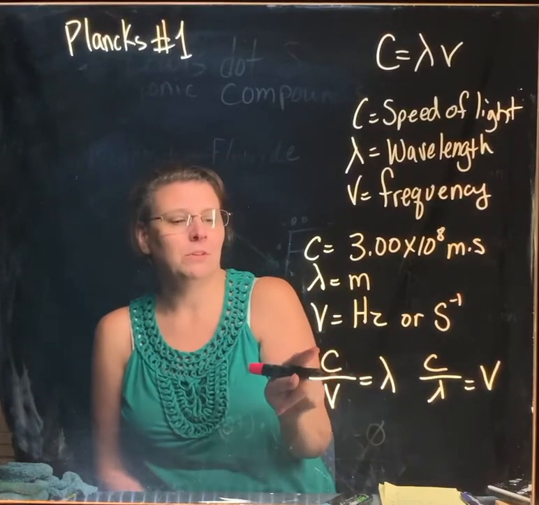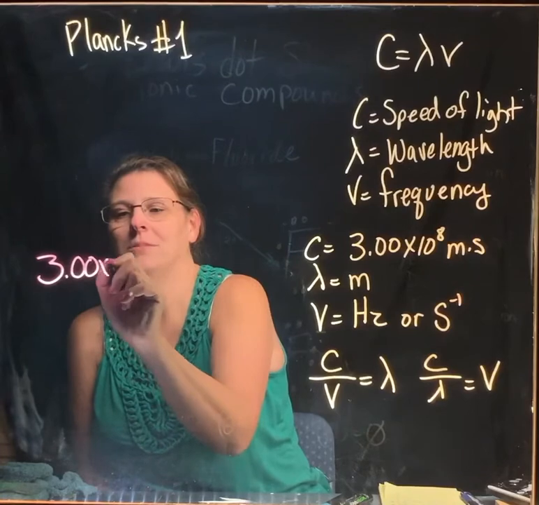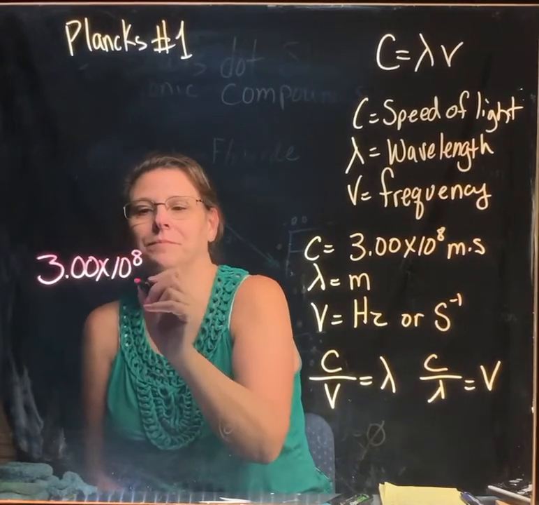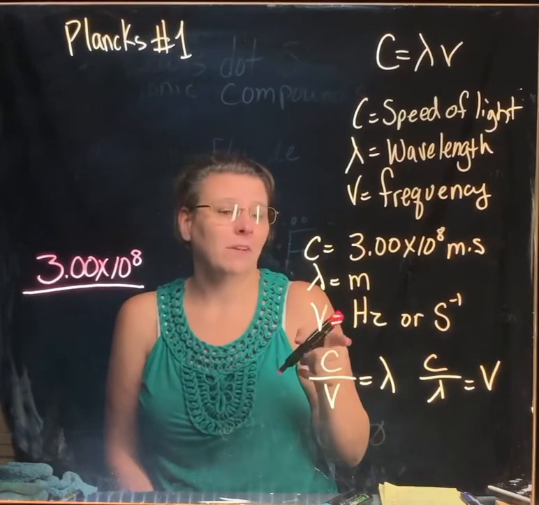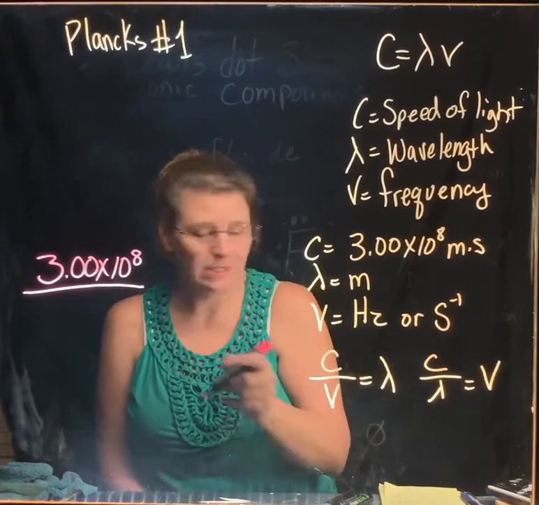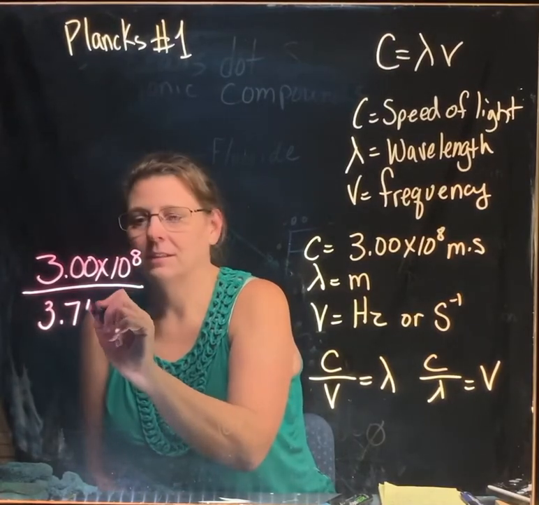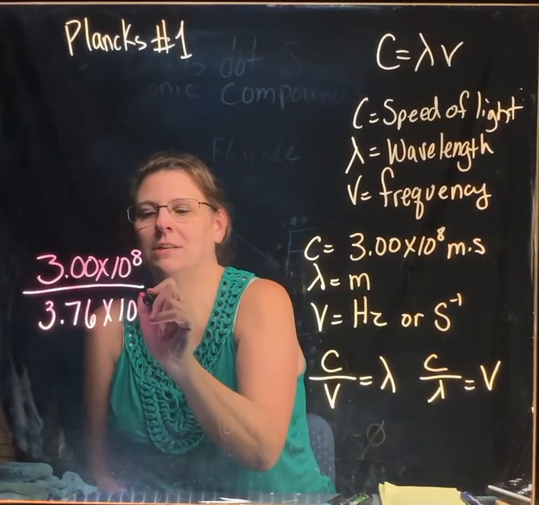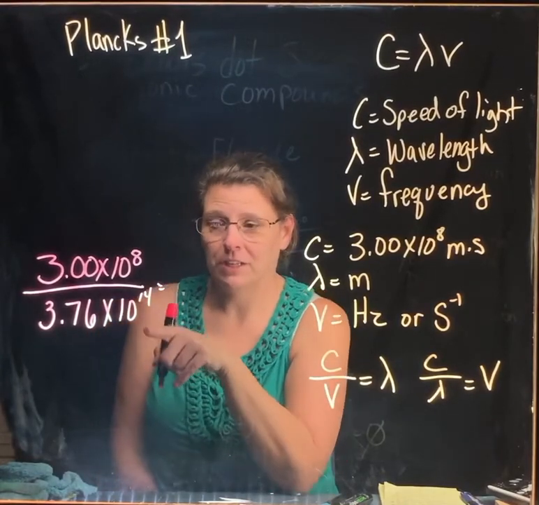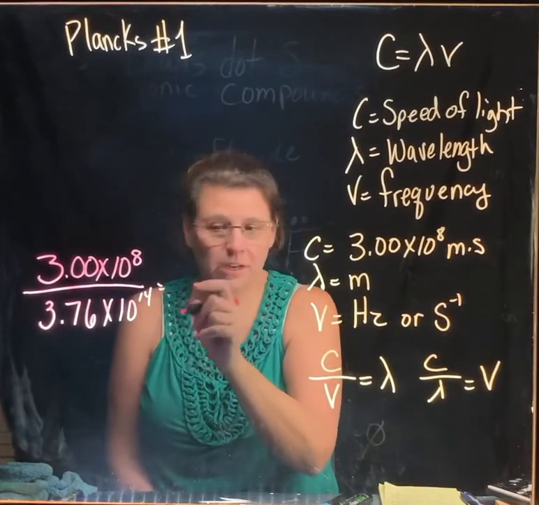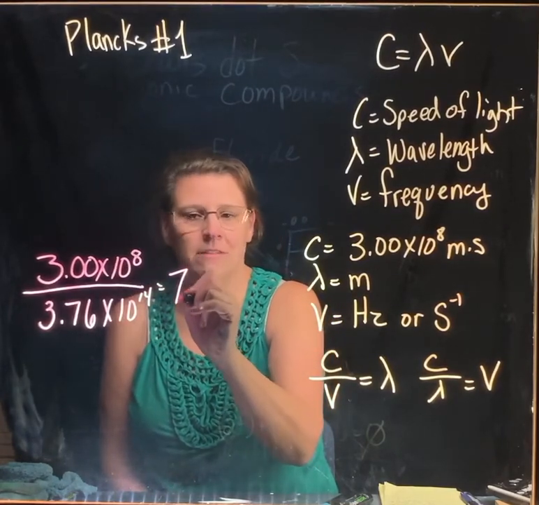So I'm going to plug in my numbers. The C is the same, so it's 3.00 times 10 to the 8. And we're going to divide that by our frequency, which we circled and labeled as 3.76 times 10 to the 14. We're going to plug this in our calculator, like I showed you in class. When you do the math, you just take this divided by this, you get 7.99,